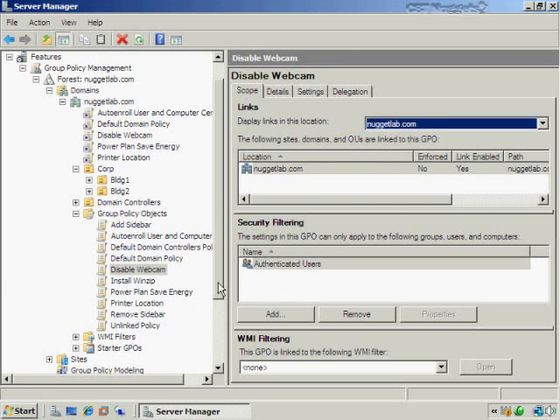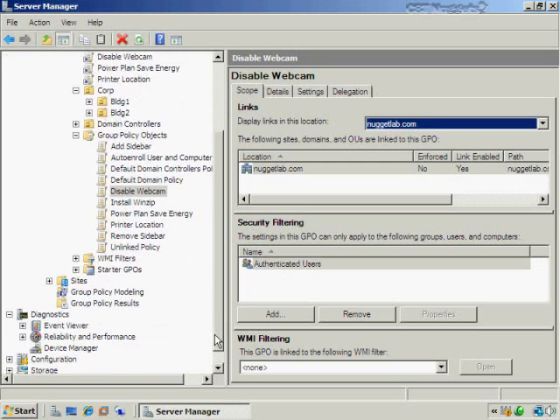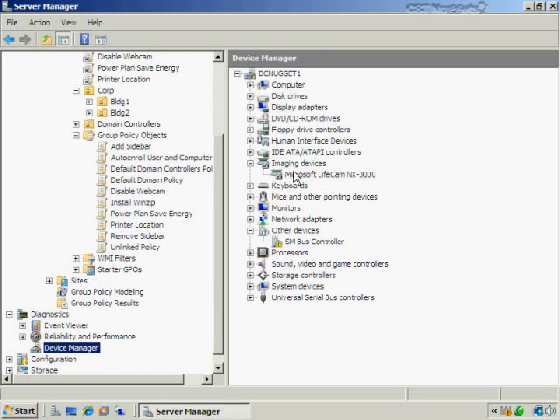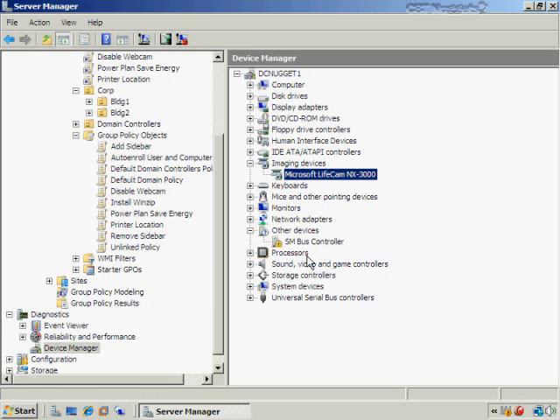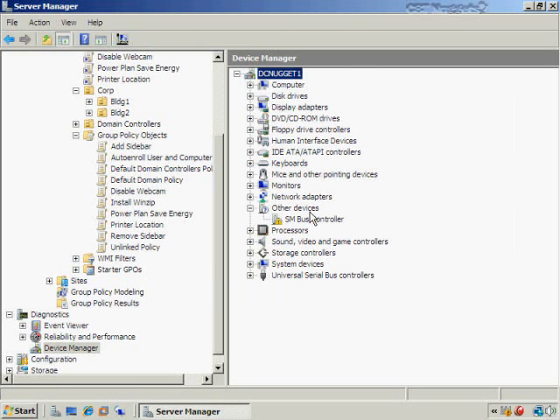You might say, James, thanks a lot for the useless policy you just showed me. No, actually it would not, because I've already installed the device drivers. This policy only prevents new installation of the drivers. So if I really wanted this to work in my particular environment, I'd have to right-click on this and choose Uninstall for this particular device, and then I think it'll prompt me to restart the computer,